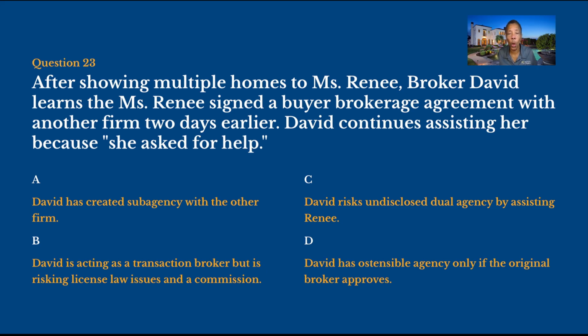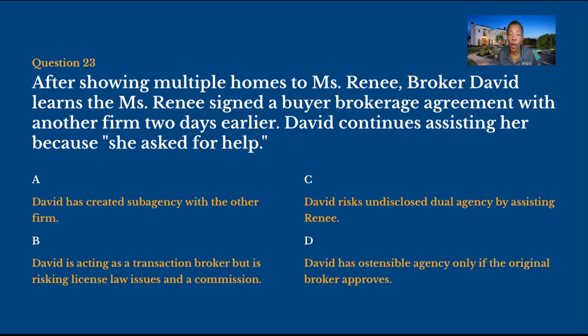He can't be working, so C, it can't be undisclosed dual agency because he is not her agent. Don't forget that dual agency anyway requires that you have a person you're representing on both sides of the transaction. He is not representing her. He is just helping her. It can't be ostensible agency because ostensible agency is when you lead a person to believe, right? A third party. That's not what we have here.